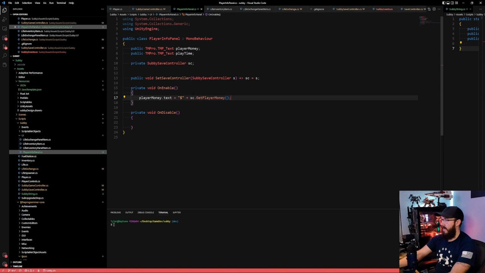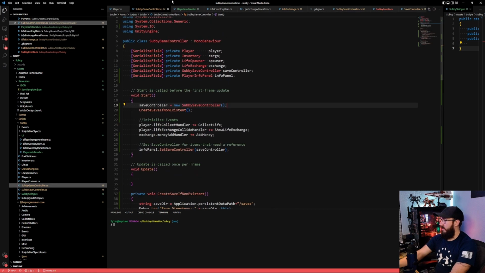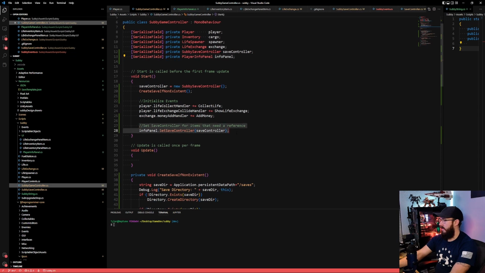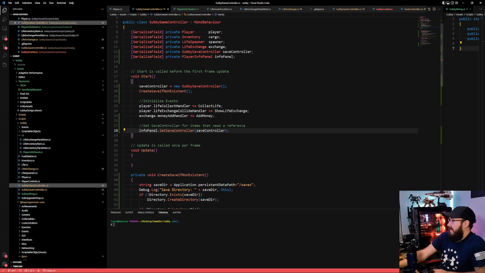And we can format them as needed. I put this as a child of the game controller, so it's sitting right here. And on start, when we create this object, it sets the save controller, and that's all we had to do to get